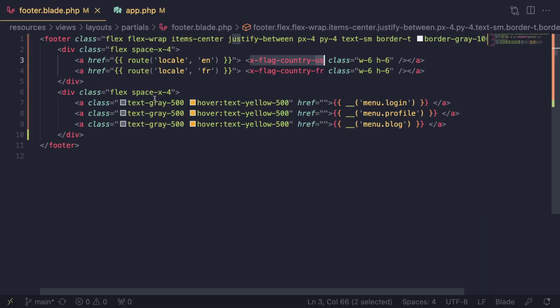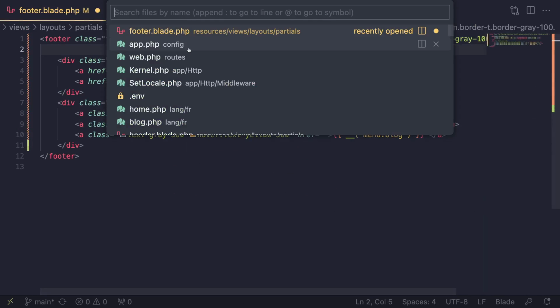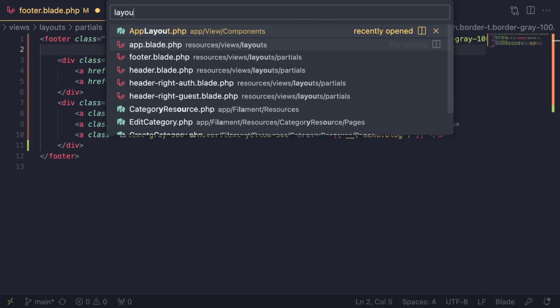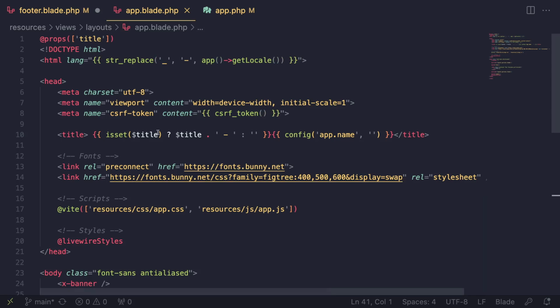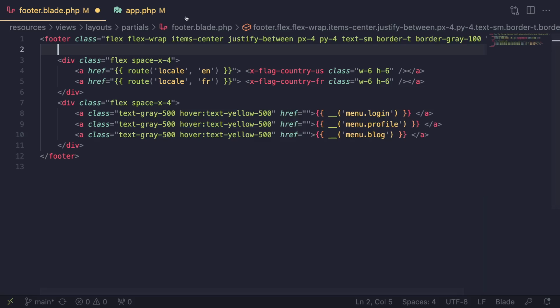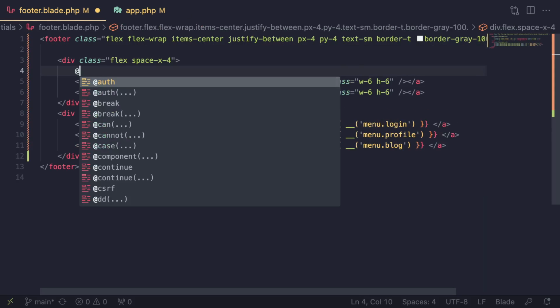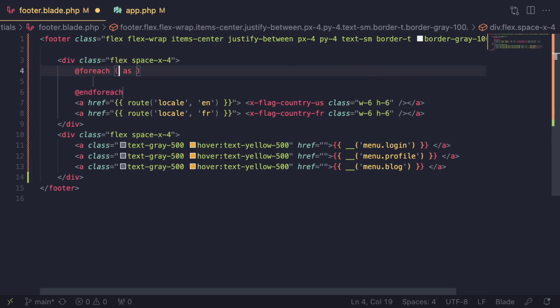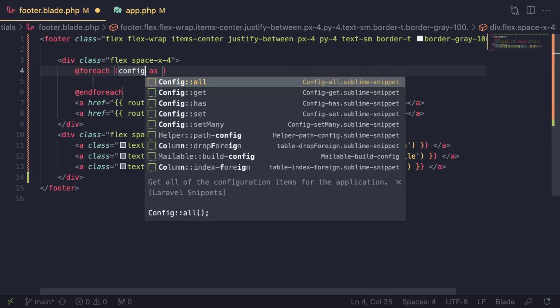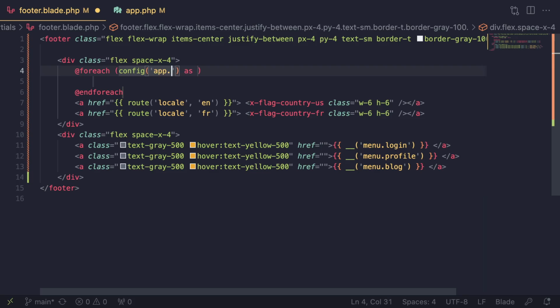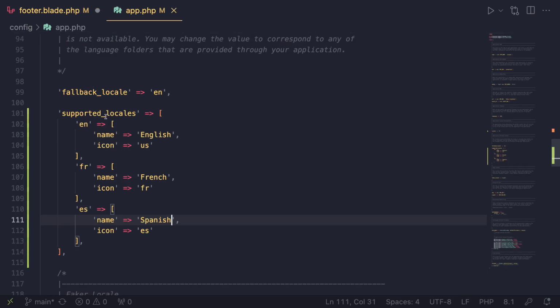So over here, guys, in order to actually load our config, it's similar to what we did inside our header. If I open up our app layout, as you can see here, we use config. We can do the exact same thing that we did inside our layout file. So I can do a foreach loop, and we can say config app dot supported locales